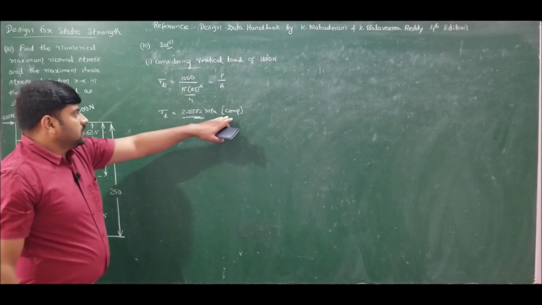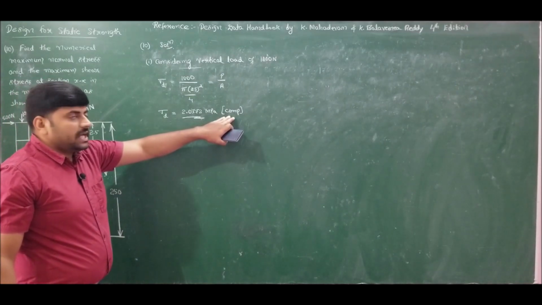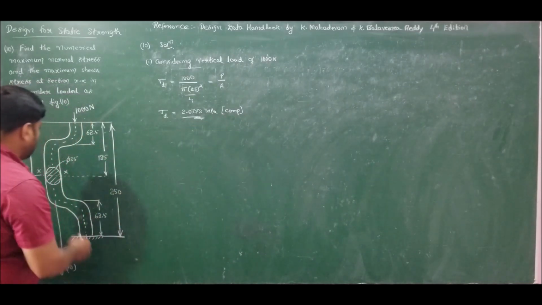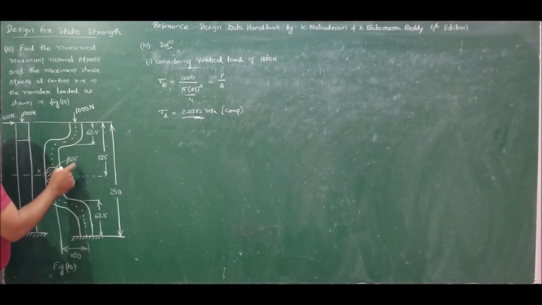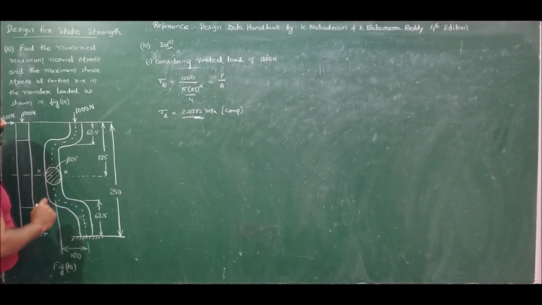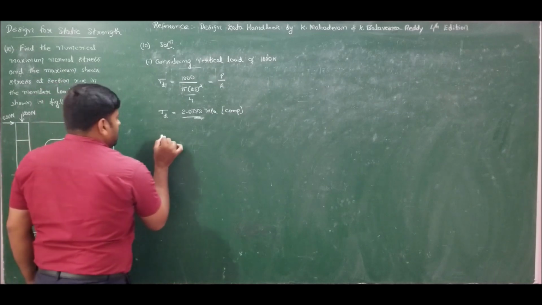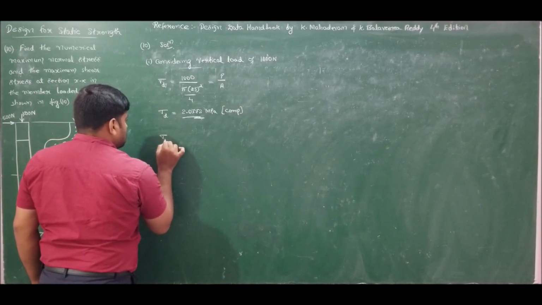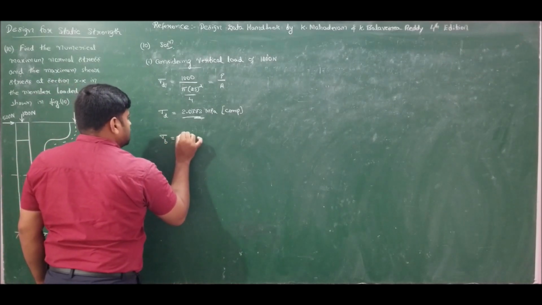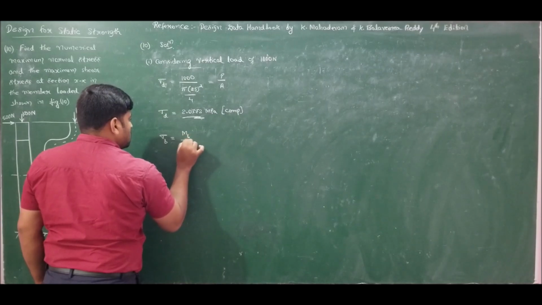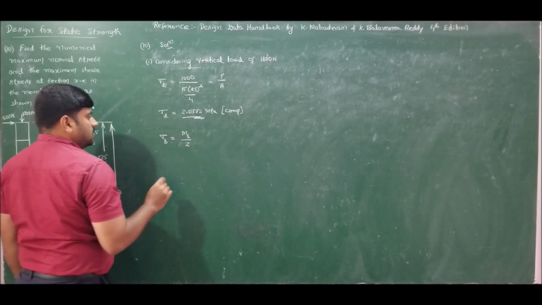So its effect is compression for inner fiber. I am analyzing only for inner fiber because bending stress is also compressive for inner fiber. Next we have bending stress, sigma bending, which is given by Mb by Z,